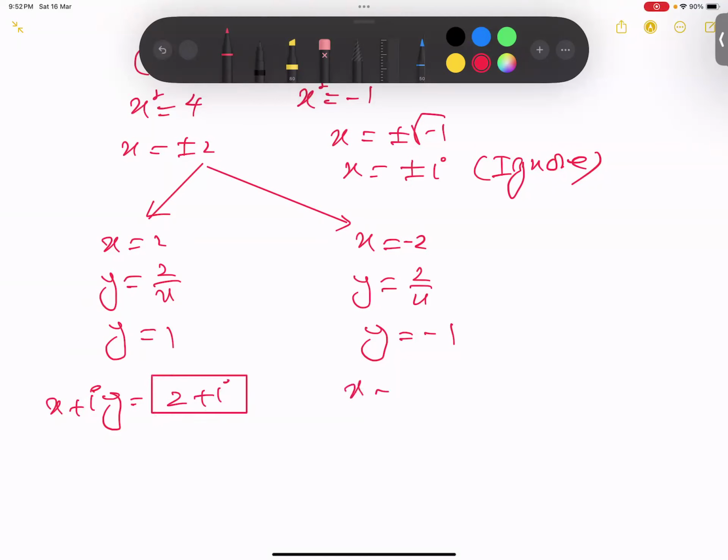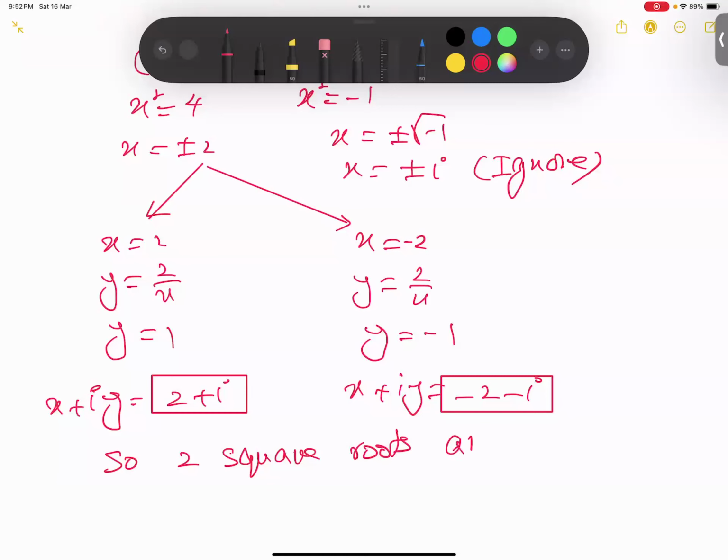Second number, if I plug in the same story here, this -2, put it here, I get -2, and this, put it here, I get negative iota. So this is my second. It means our 2 square roots are 2 plus iota and -2 negative iota. And I believe the concept is